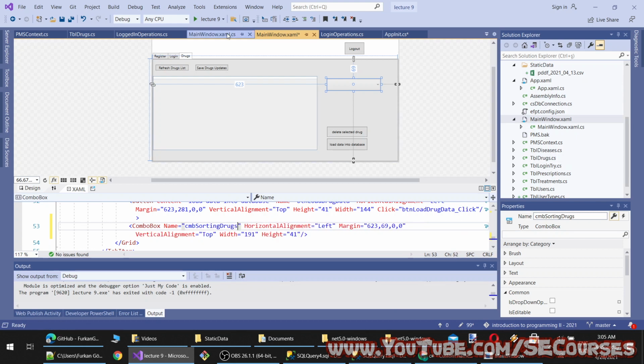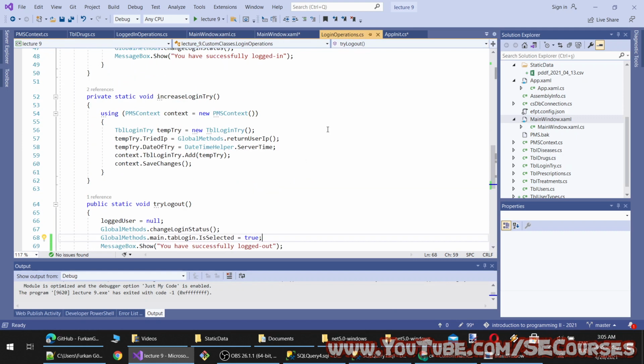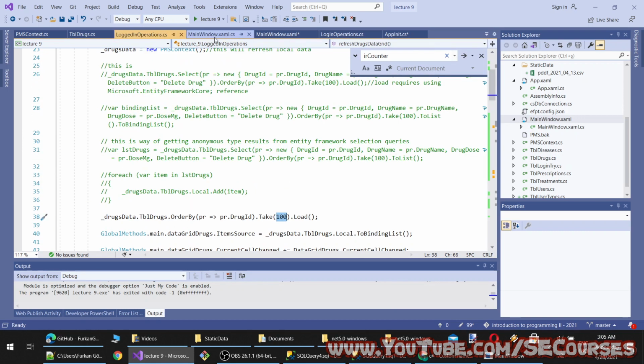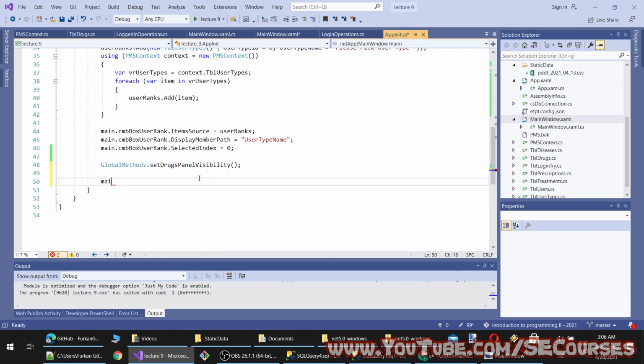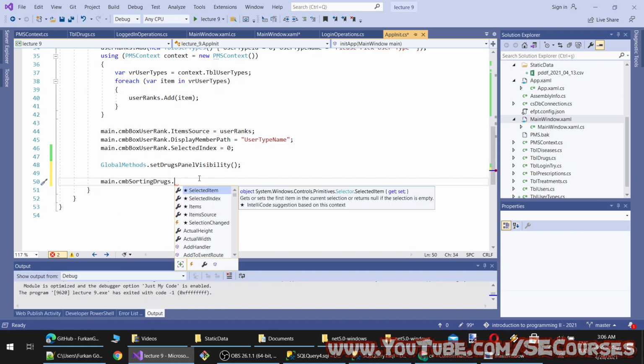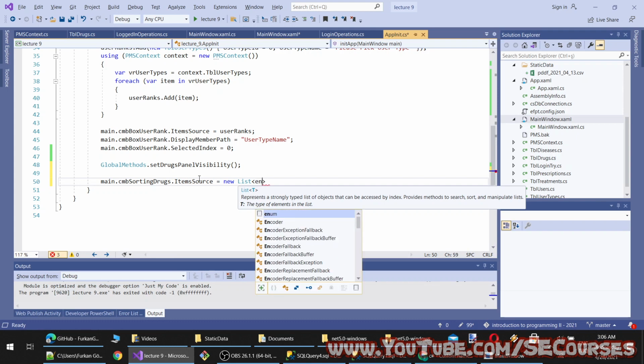Drugs. Okay, so this will have something like this in our application init. Means CMB sorting drugs item source will be equal to new list, and I think okay.